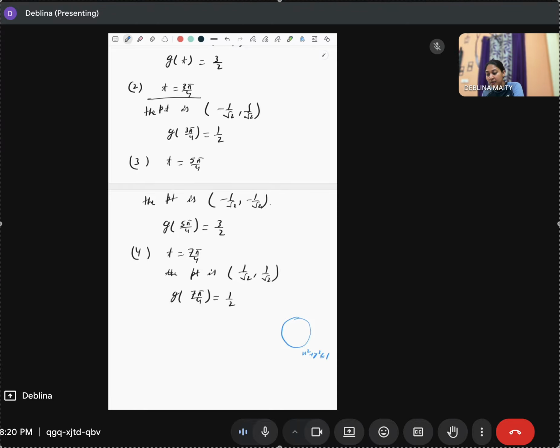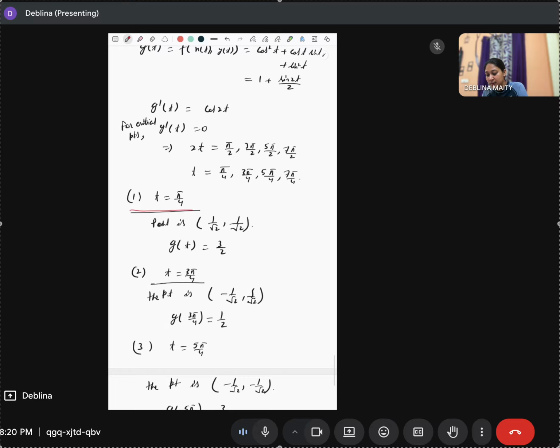First we have found the critical points inside this domain, when x square plus y square is strictly less than 1, and we have found that (0, 0) is the only critical point inside this region, right? Next we are finding the extremal points over the boundary x square plus y square equals 1, and we have found that there are 4 extremal points at t equals pi by 4, 3 pi by 4,